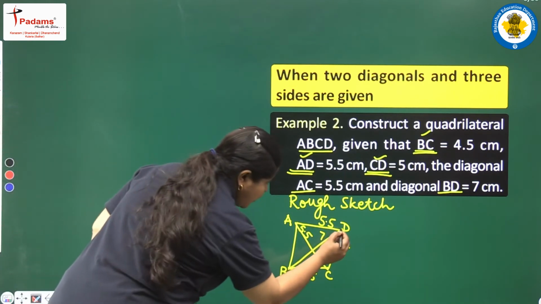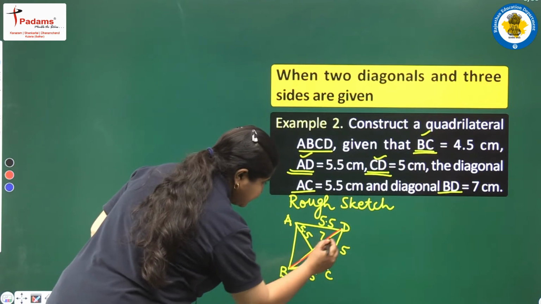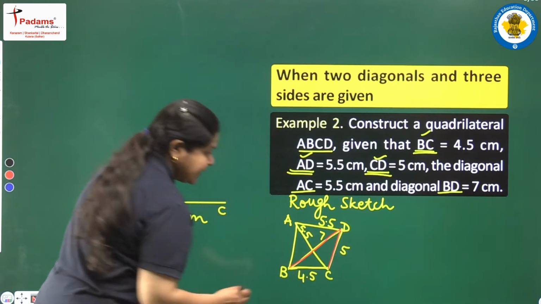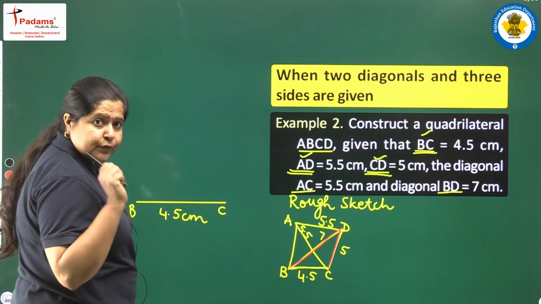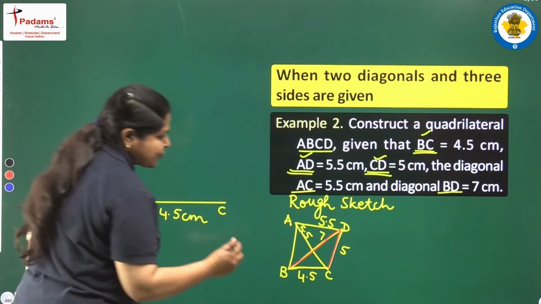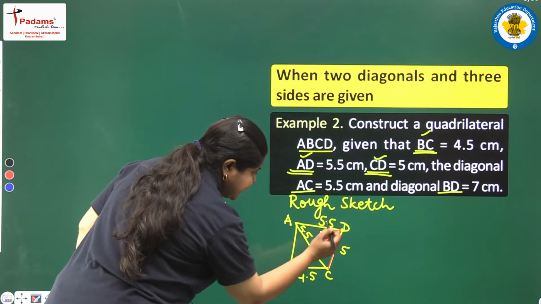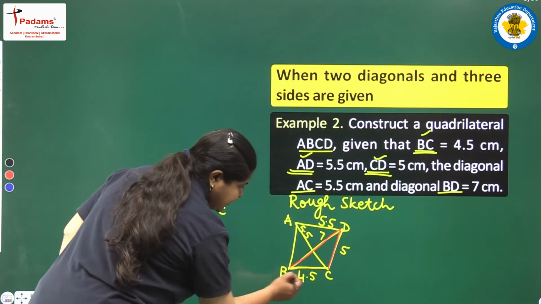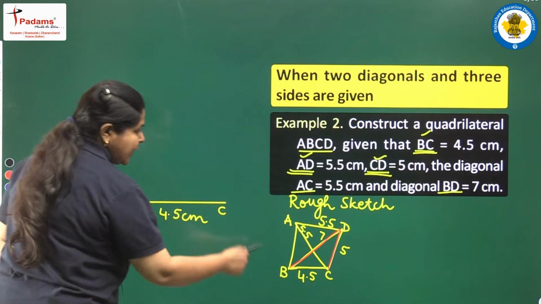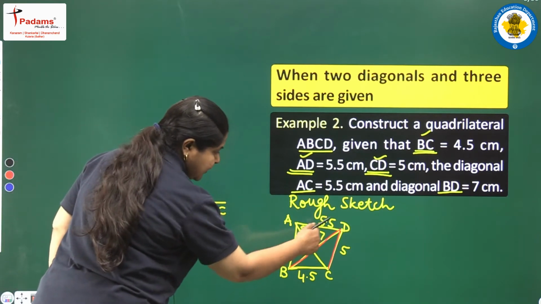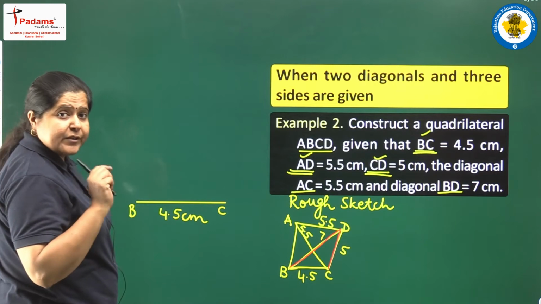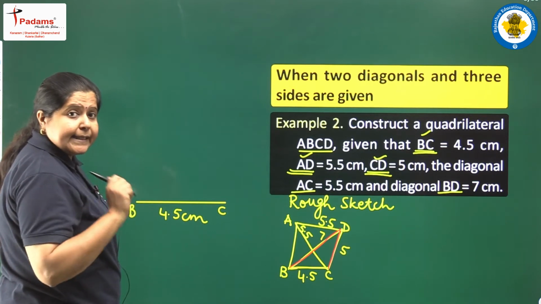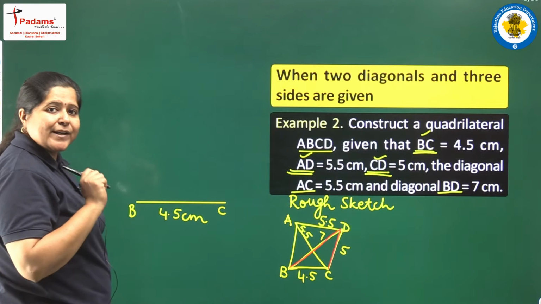We will draw these 2 line segments BD and CD. We know the measurement of these 2 line segments, the red ones. So first we will try to construct this triangle BDC. We have already drawn this BC as the baseline. Now we simply need to draw 2 line segments with the help of a compass. First we will be drawing 2 arcs and then their point of intersection will be point D.